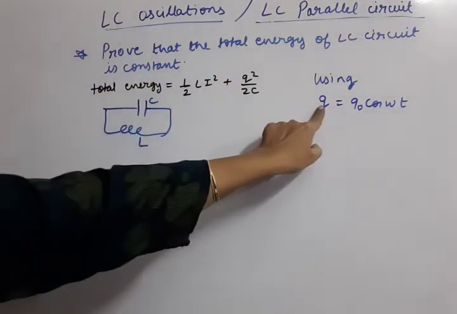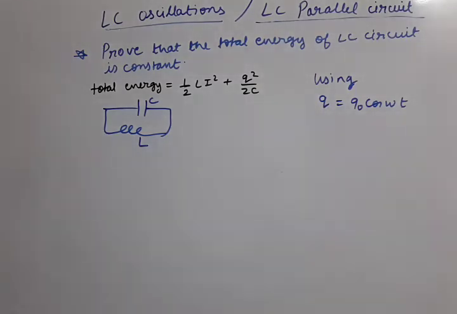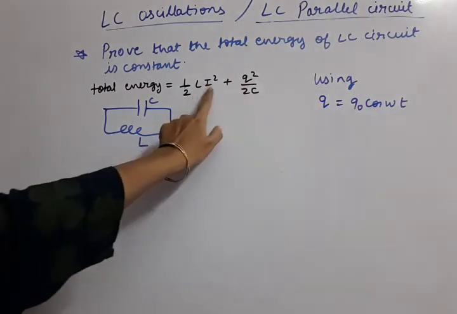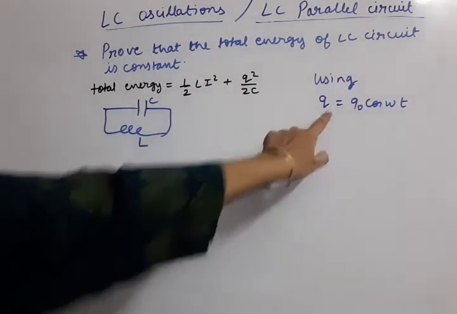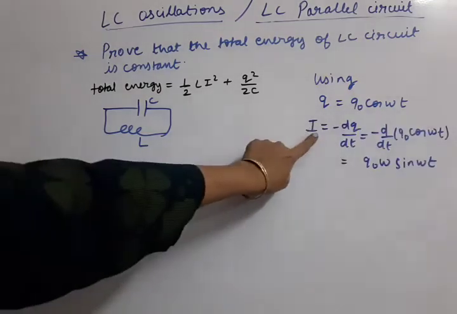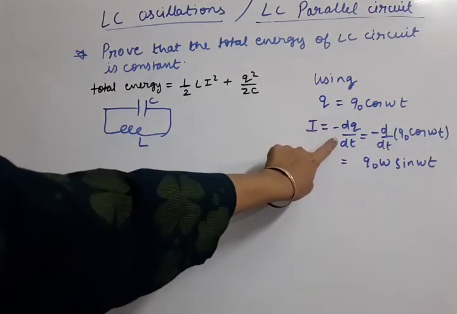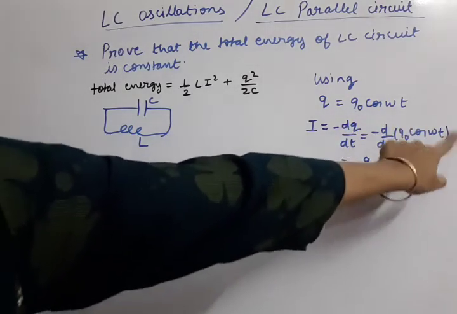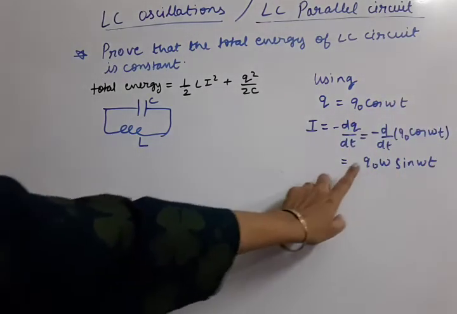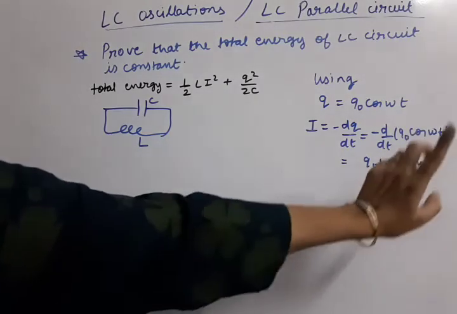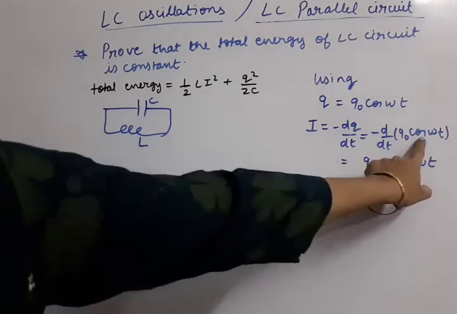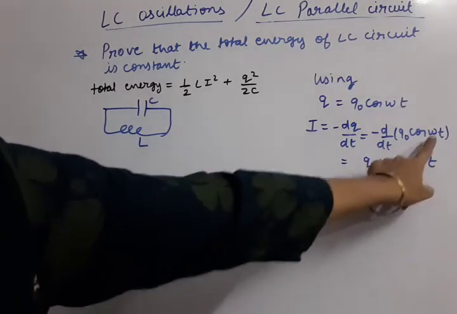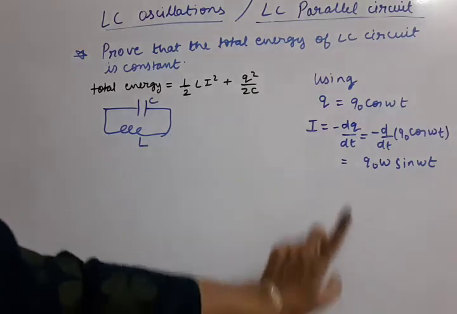So we have already proved that the charge equation for the LC circuit is q equals q0 cos omega t. This we can apply here, and let us make I also, which we can put here. So let us make I by differentiating. I equals minus dq by dt for the LC circuit, minus d by dt of the q equation, q0 cos omega t. Let us differentiate it. We have done differentiation earlier also, but this is the final equation of charge, so this will be easier. q0 cos का differentiation होता है minus sin theta. So minus minus will become plus, sin omega t coming, and one omega will be multiplied, which is a constant.